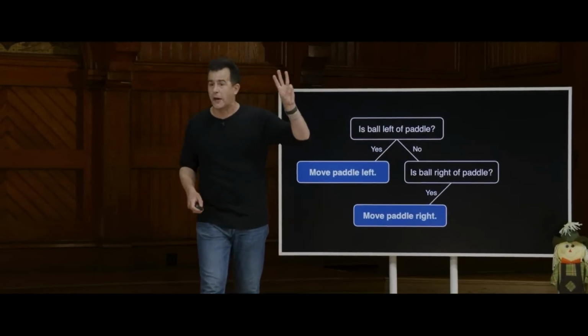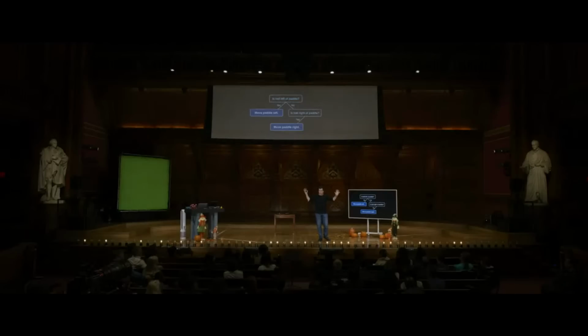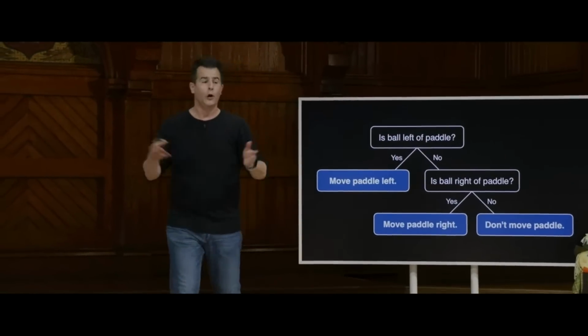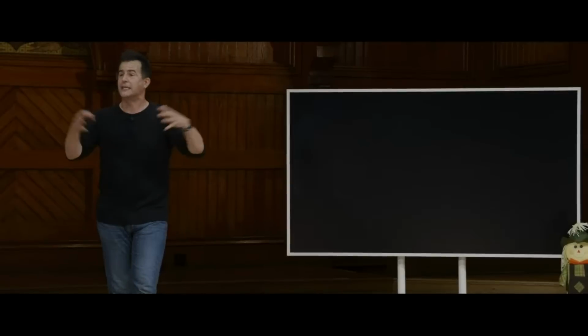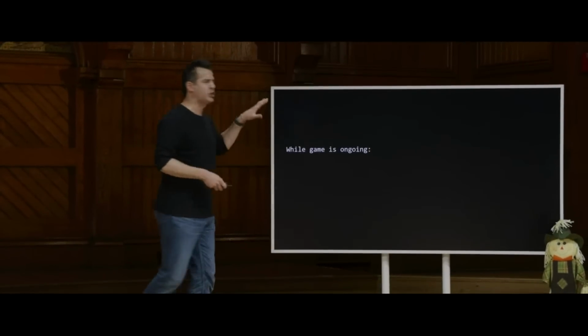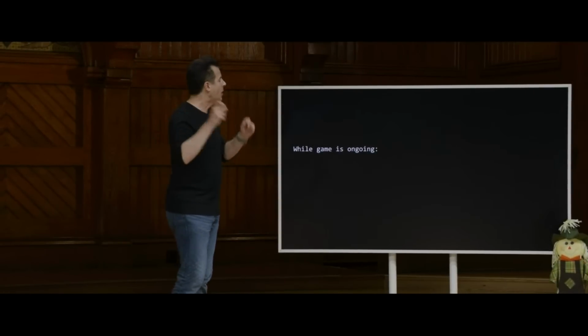But there is a third situation, which is, right, don't move, it's coming right at you. So that would be the third scenario here. No, it's not to the right or to the left, so just don't move the paddle. You got lucky and it's coming, for instance, straight down. So Breakout is fairly straightforward when it comes to an algorithm. And we can actually translate this, as any CS50 student now could, to code or pseudocode, sort of English-like code that's independent of Java, C, C++, and all of the programming languages of today.